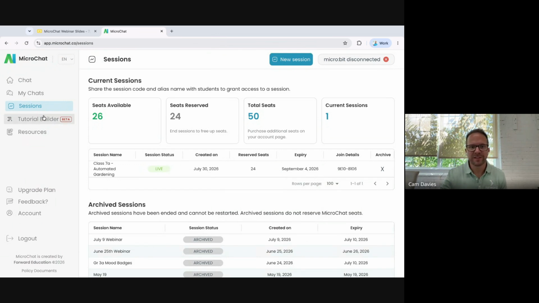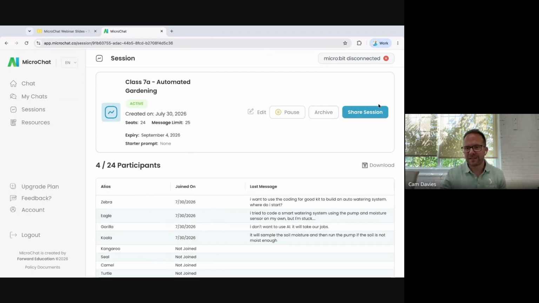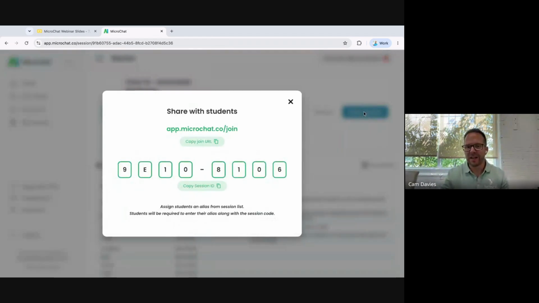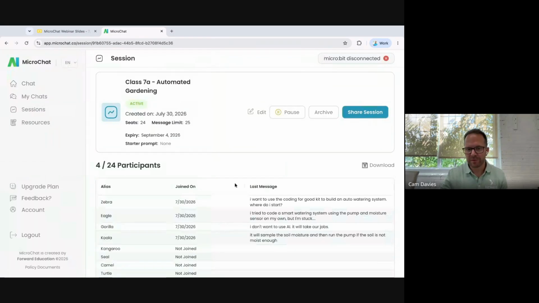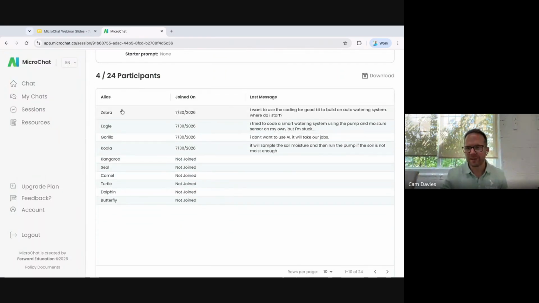No, I didn't save that session. They're going to be asked to enter an animal name. You're going to provide that animal name to them, which is a list that you would have. You can download this whole list of animal names. And so if I'm giving my student, Maya, the kangaroo, when she joins with kangaroo, she'll get right into MicroChat,